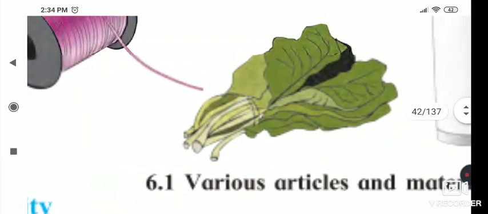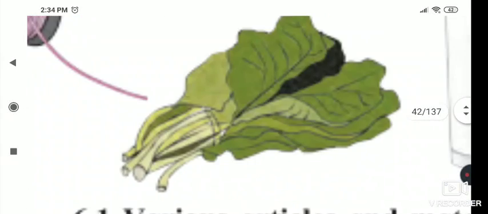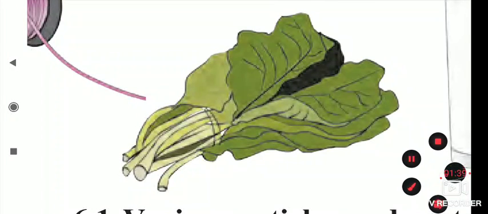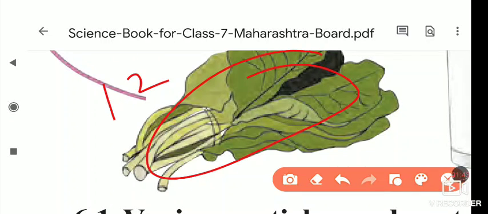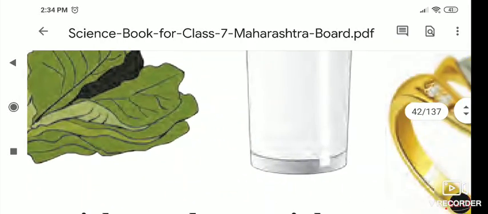Now spinach. Spinach we are taking in bundles. One bundle, two bundles, we are taking this spinach, otherwise leafy vegetables. These leafy vegetables are present in bundles, so we are taking in quantities, 1, 2, 3. In that way, it may be coriander, it may be methi. These green vegetables we are taking in the quantity of 1 or 2 bundles.